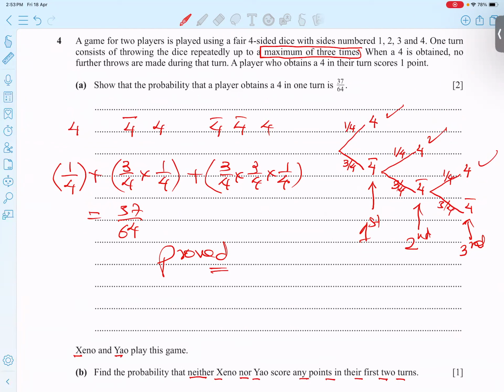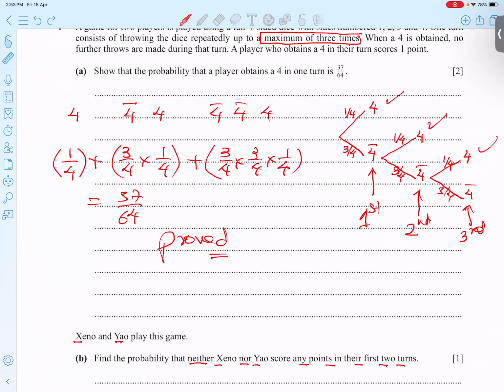And their first 2 turns. Okay, actually it means this. I just tell you one thing. It means this is representing 1 turn, okay? And it means what is the score of the first turn? It is very simple. Probability of scoring in 1 turn